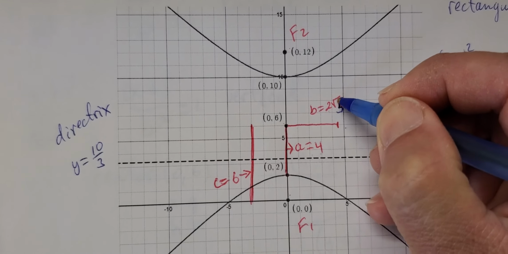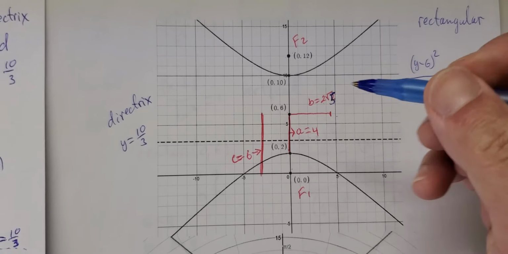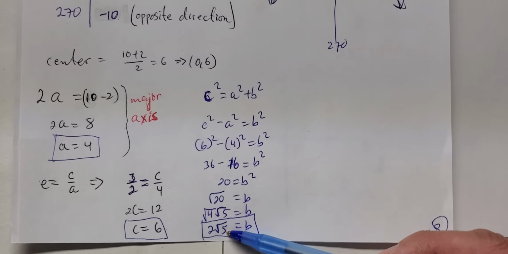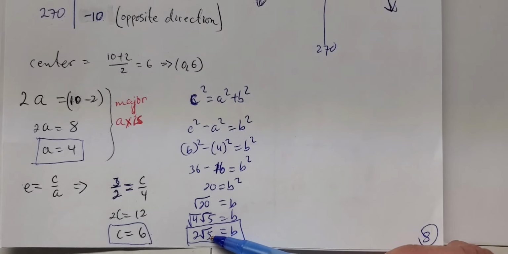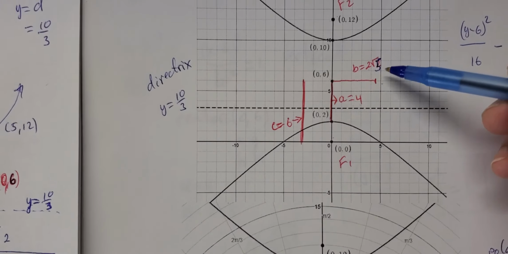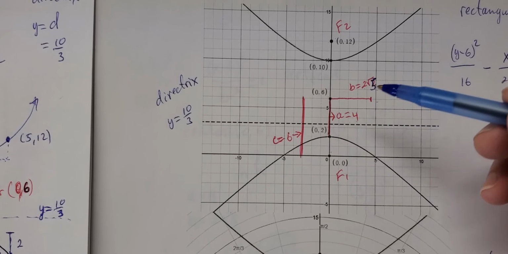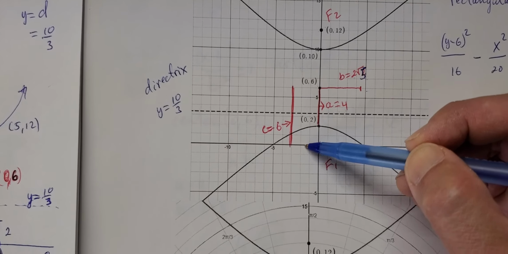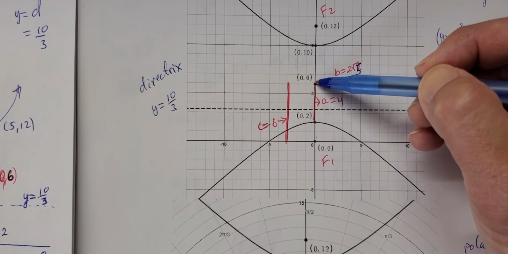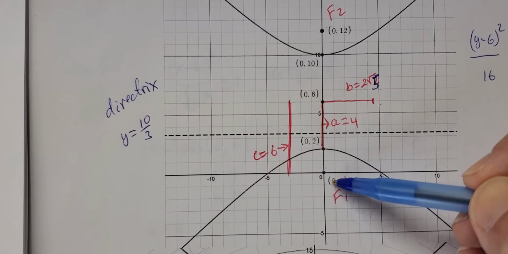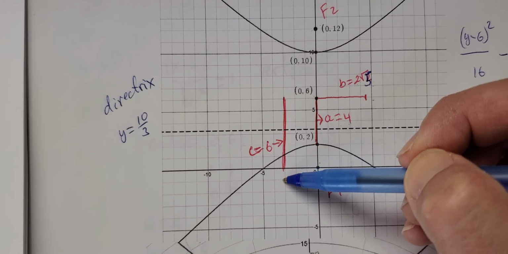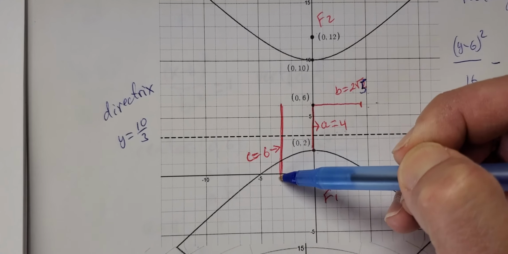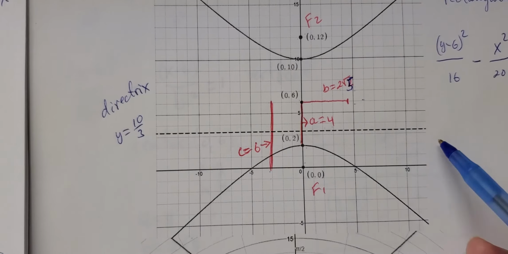The reason is that right over here, instead of writing a 5, I wrote a 2. So it should be 2 radical 5. And then distance C from the center to the pole axis, which is here, 6. So distance A, distance B, distance C. And there's my directrix at